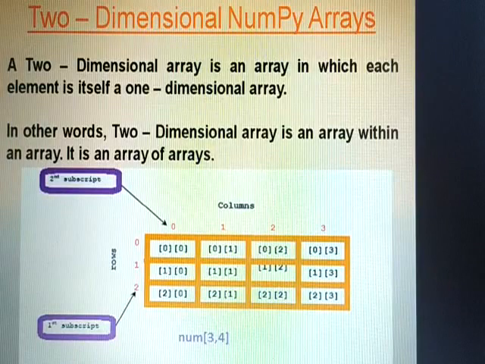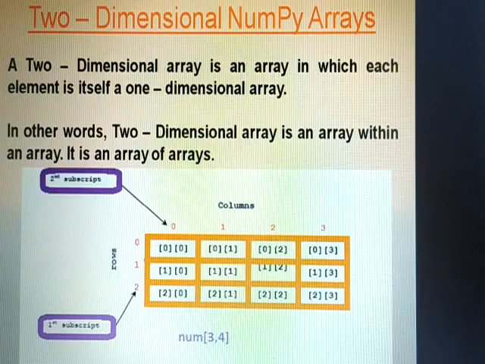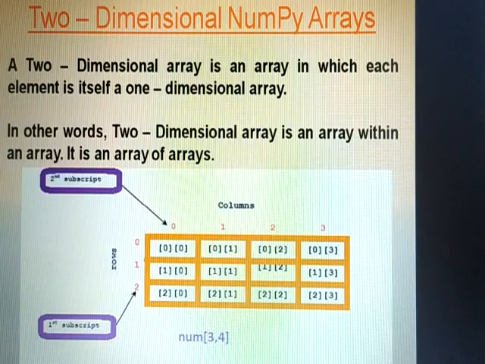Basically, two-dimensional arrays are a type of multidimensional arrays and can have multiple rows and columns known as matrices. So when we consider a two-dimensional array, in this type of array, the position of a data element is referred by two indices instead of one. So, a two-dimensional array represents a table with rows and columns of data.